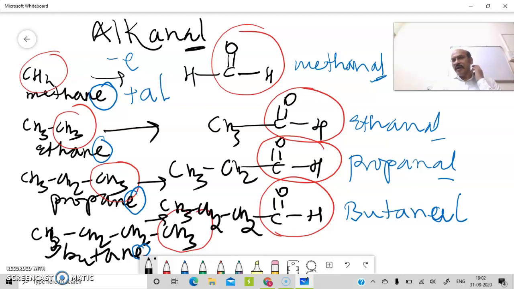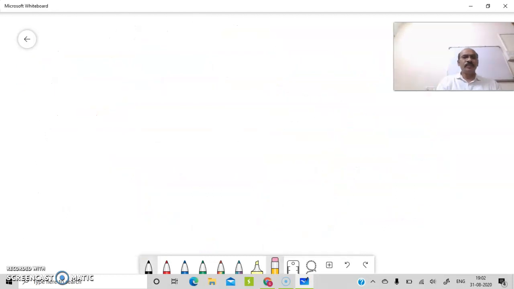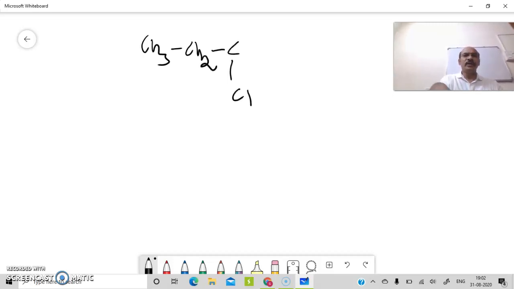So here it is about the simplest molecules. Now the remaining rules: if substituents or other functional groups are there, then you have to represent them as a prefix, and that we will see. With examples you will understand. So here I am writing one molecule: CH3, CH2, Cl, CH, C double bond O and H. It is a molecule.